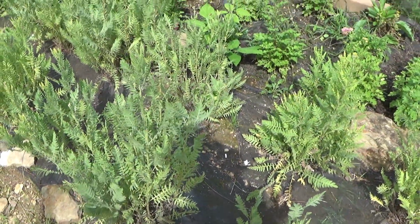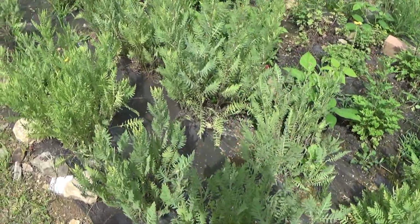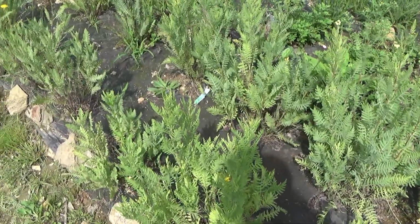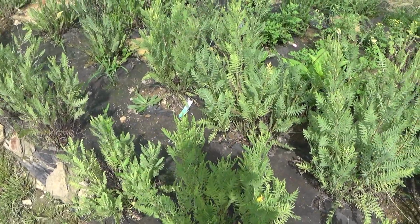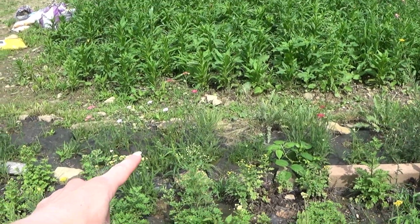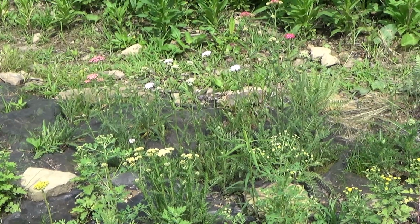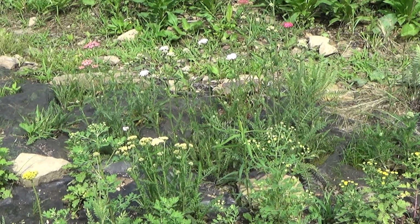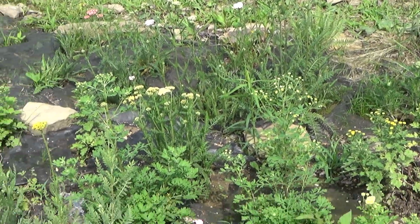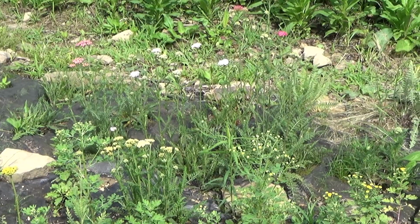Now, on growing your yarrow, you do want to select an area with well-drained soil. These here are growing in landscaper's fabric. I do have some that are not growing in landscaper's fabric, and they are doing very well. The variety back there, the ones that have the sprawling habit to them, I would not put them in landscaper's fabric again, because they actually started coming up under the landscaper's fabric. We had to tear the fabric so that the plants could actually come up, which